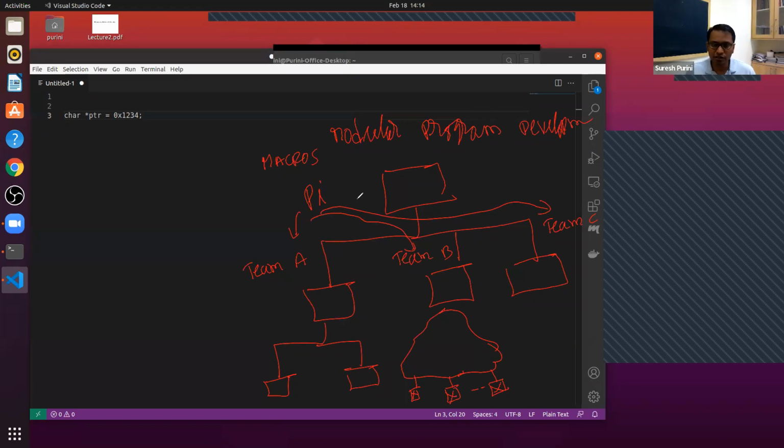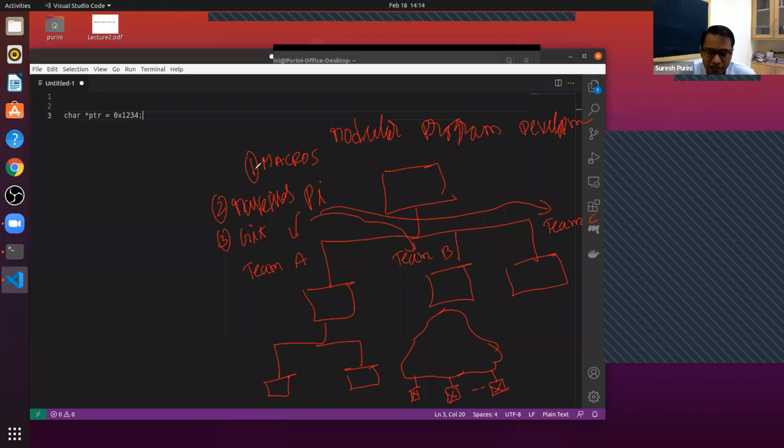So we use macros, that is one. Number two, we use build systems such as makefiles. And then of course, version control systems, Git, etc. And then debugging approaches, assertions. Those things we use to develop our software in a systematic fashion.